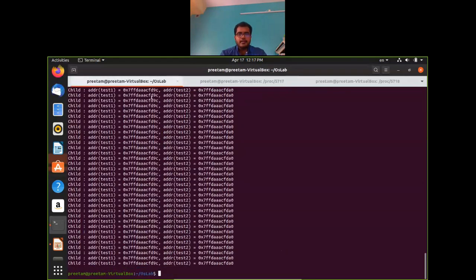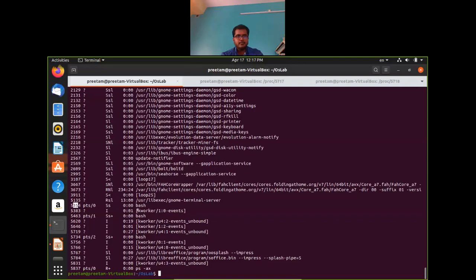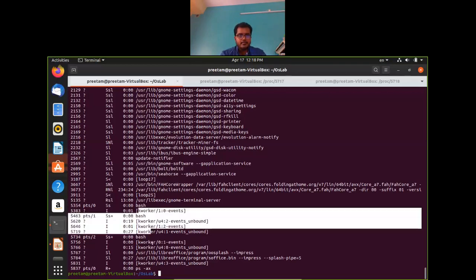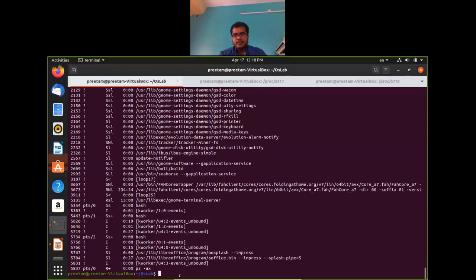Okay, so now as you see, if you do ps -x, you can see that there is no entry for parent.out. So 5354 was our initial bash. We have two more bashes because we have opened two new tabs, right? But our original shell where we have written the code and executing was 5354, right? And there is nothing called ./parent after that. So it means it has now exited. So we do not have those two processes now.